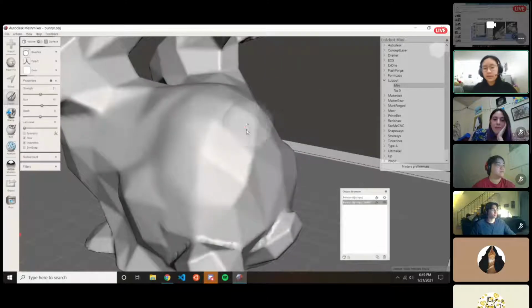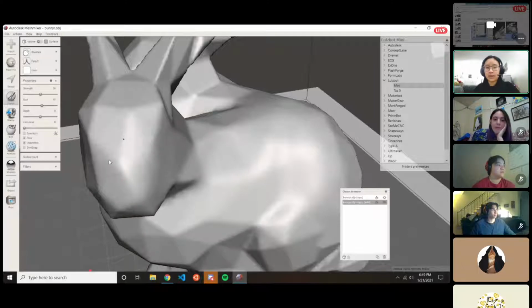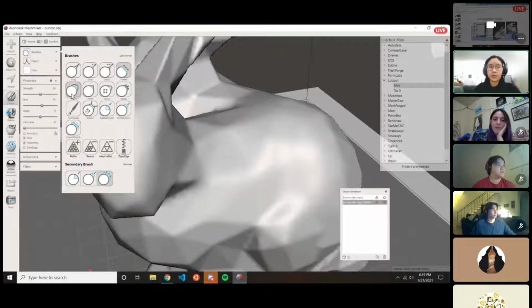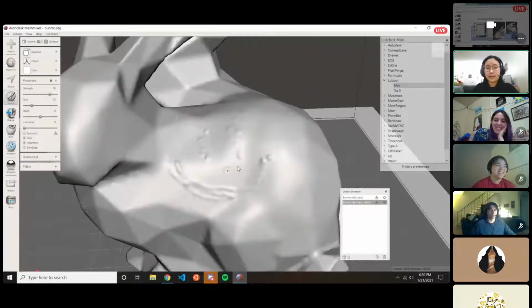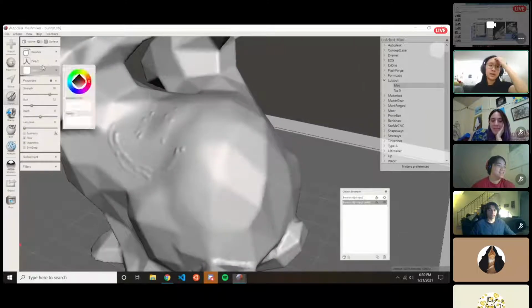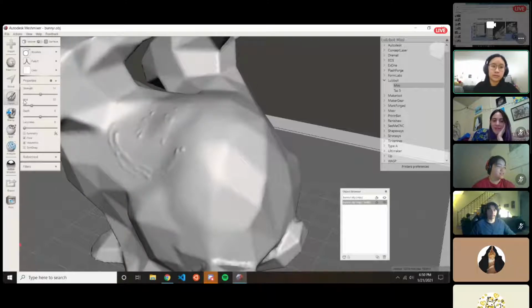I would say that Meshmixer's capabilities here tend to break pretty easily. So don't try to do anything too intense. Stick to something like simple smoothing, simple dragging and drawing. So you can also, let's increase the strength and decrease the size over here. You can draw a happy face if you want to on your model. That's kind of cursed. I don't like this. But you can add pretty much anything you want to your model in terms of organic shapes using the sculpt tool. So that looks gross. I'm going to get rid of it by smoothing it out